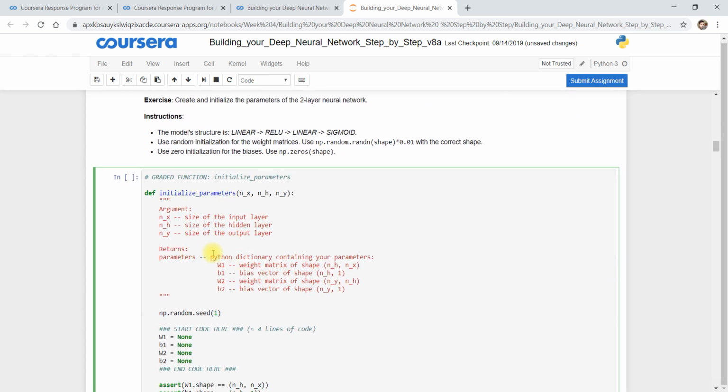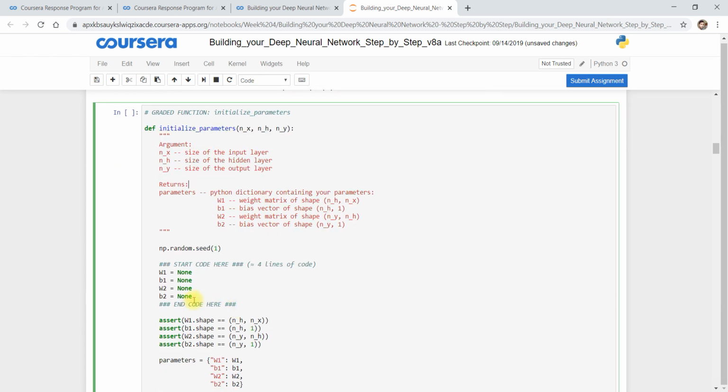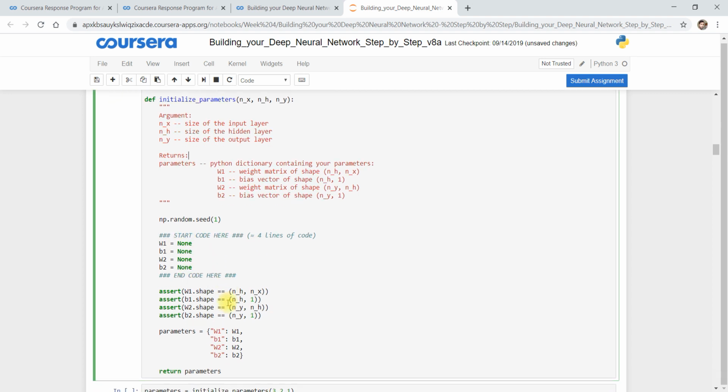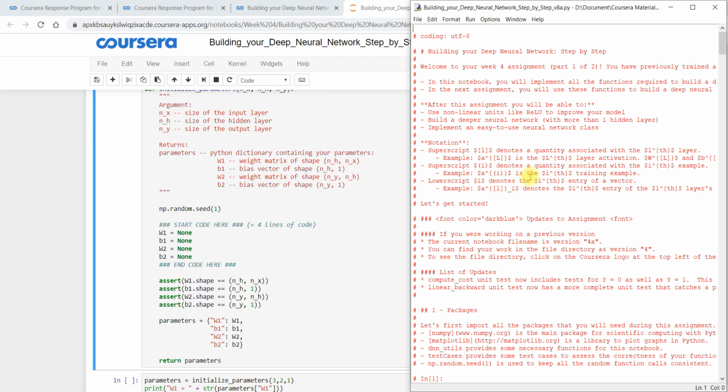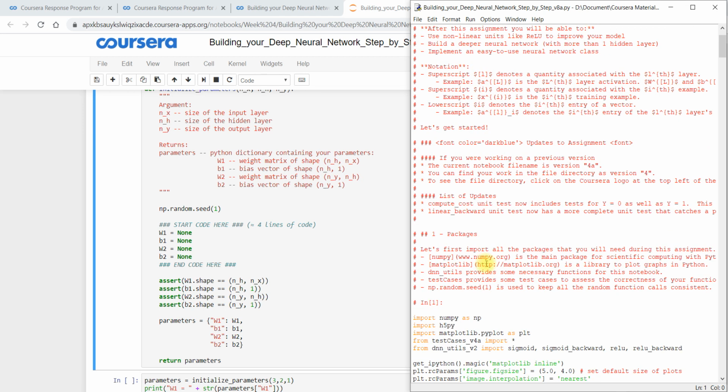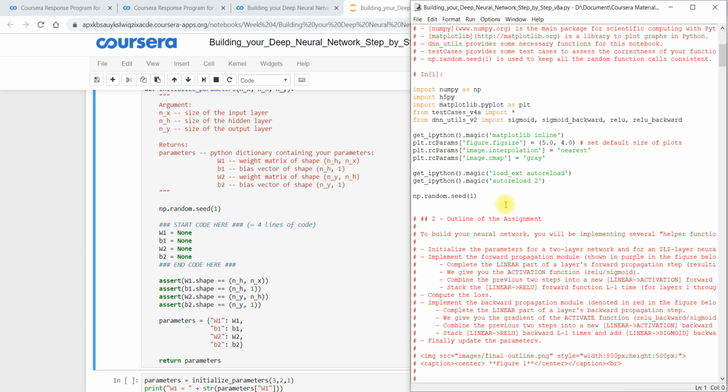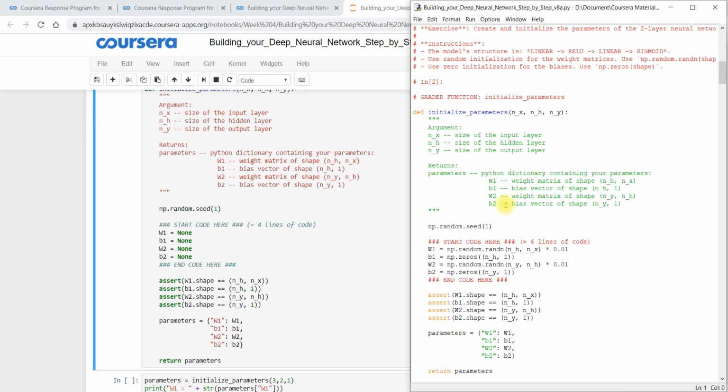And here, is there any code? Yes. Here, start code here. So here we have to do some changes. This line we have to do some changes. Right. So I already have those codes. I will go directly there and just copy those codes. These are the codes we have to put there, right?